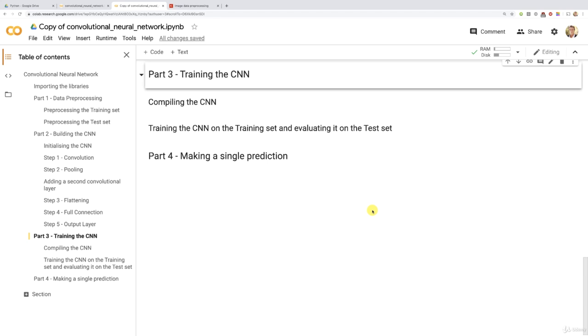Hello my friends, welcome back to this implementation and mostly welcome to part 3, training the CNN. In the previous tutorial we built the brain, which contained the eyes of the AI, thanks to the convolutional layers, and now we're going to make that brain smart with the training of the CNN on all our training set